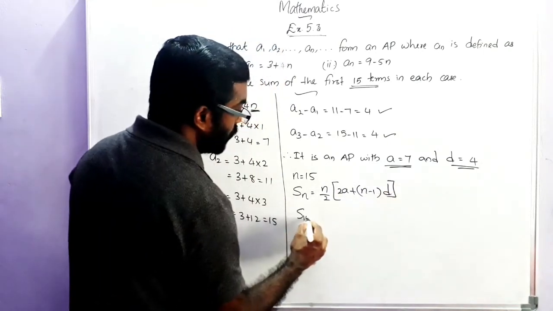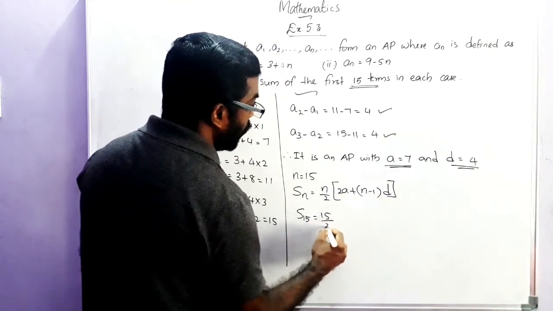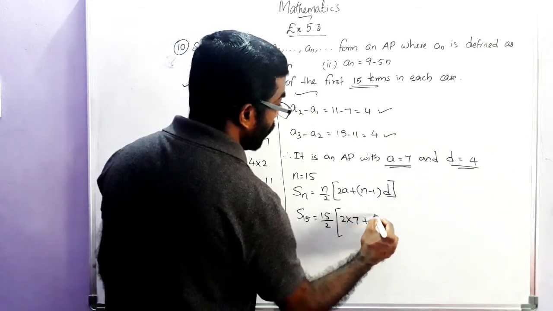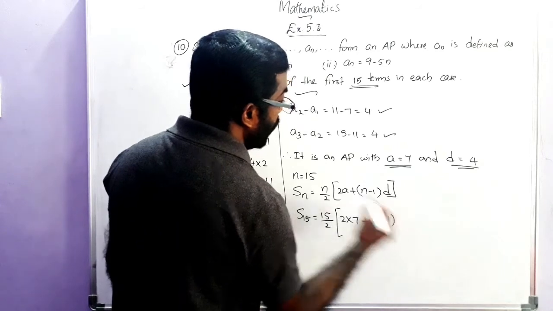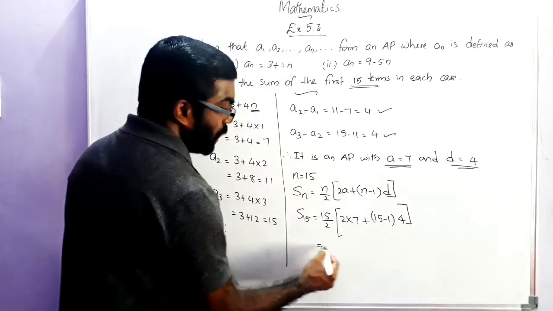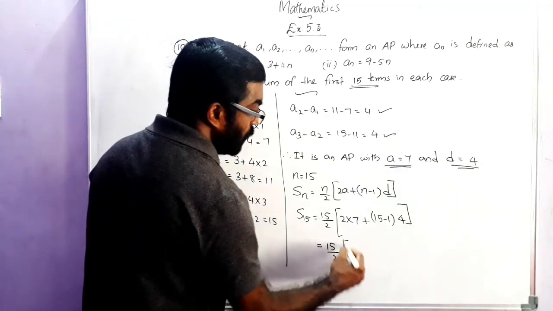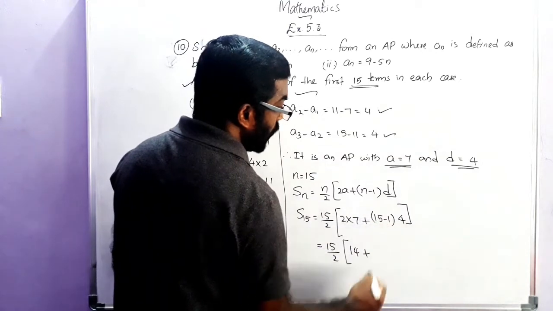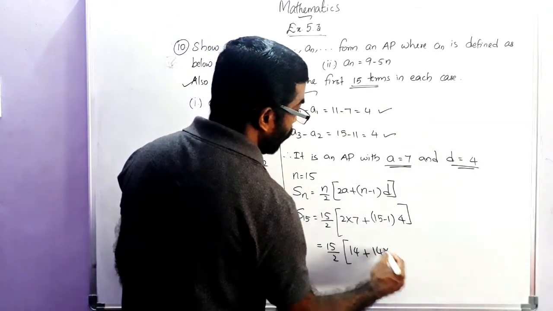Here S15 is equal to 15 by 2 into 2a, 2 into 7, then plus n minus 1, that is 15 minus 1 into d, d is 4. Okay, which is equal to 15 by 2 into 2 into 7, that is 14, plus 15 minus 1, 14 into 4,